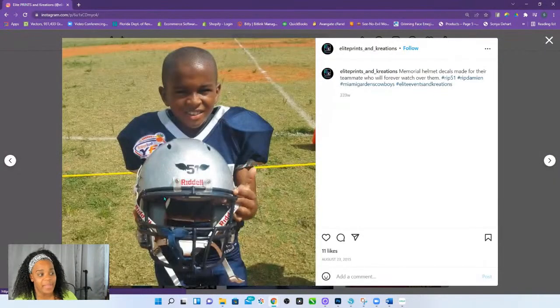I mean, the young man had passed, but even being able to make simple, like, what do you like? What do people know you for? So for something like that, they wanted it for their team. Young man died. Wanted something that the players can have. Boom, vinyl. Cut all those up. Had one whole sheet. Put the transfer tape over it. Cut them all down. They were able to just put them on the helmets. Another one. Easy money. Not even 30 minutes of designing. Probably took me, between designing, cutting them out, masking, let's say an hour and a half max.